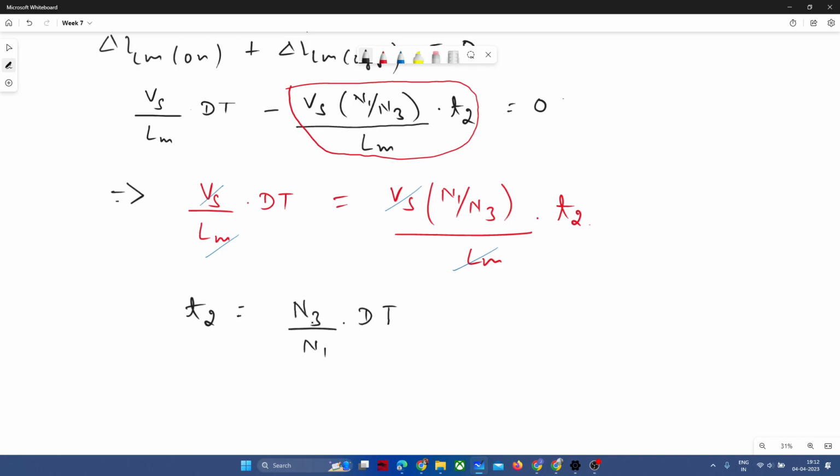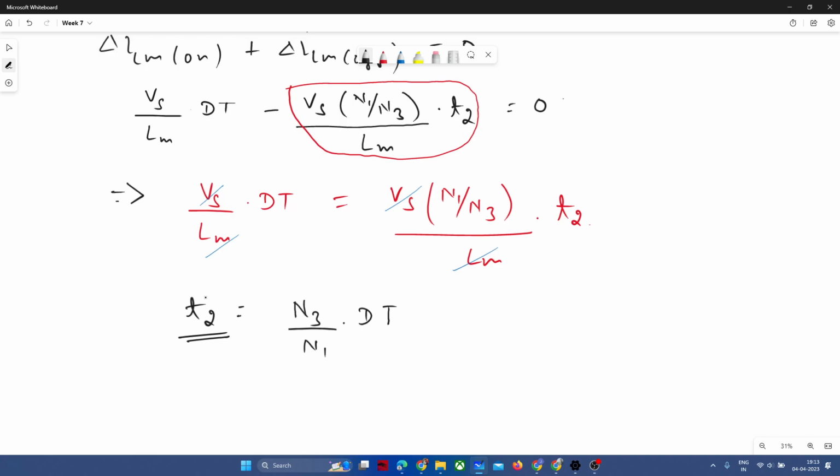Sorry, could you please repeat that point? What you are saying: you are saying that t2 should not be dependent on N3 or N1 or the ratio of turns? Yes. Why are you saying that? Because it should not affect time, no? Time is independent. Yes, time is independent, you are correct, but